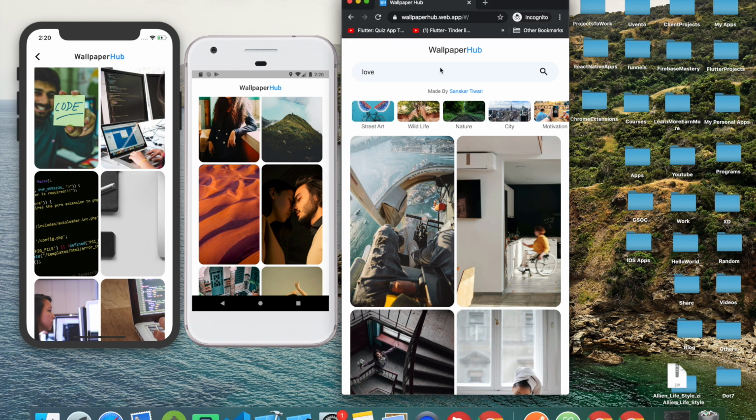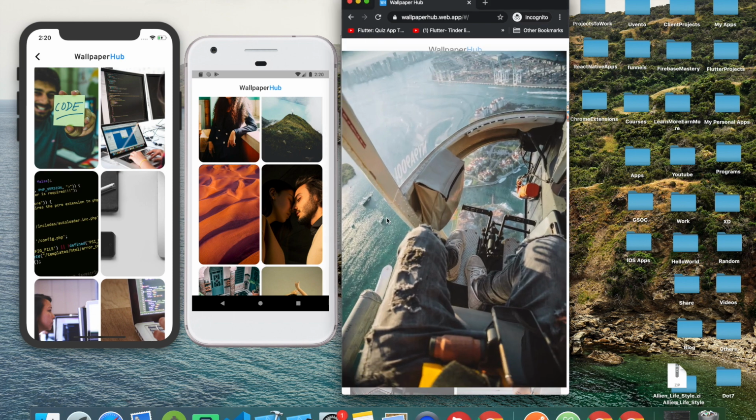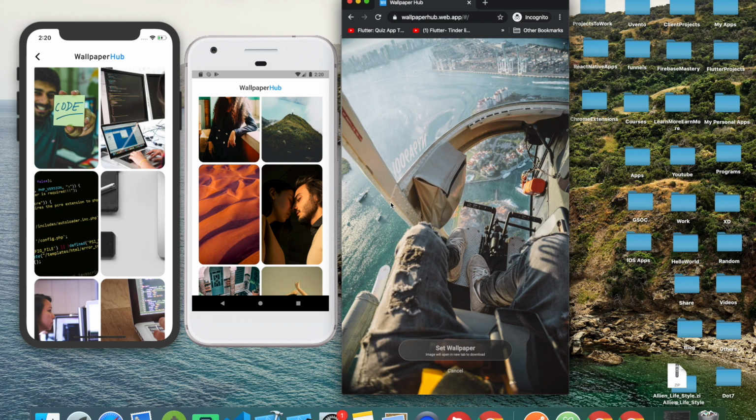Now let's see how the web version is working. For the web, I tried, but there was not a best option available yet for downloading of images. I'll let you post it through another app which we will build, or through LinkedIn or something. For now, how it is working is, you can see it says image will open in